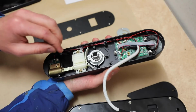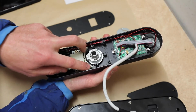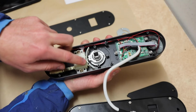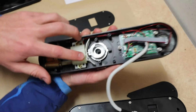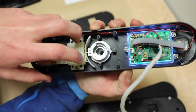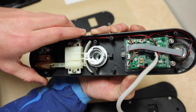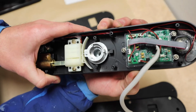So when it unlocks, it pushes this U-shaped plastic piece up, and I can actually manually move that in towards this mechanism. Now if we look closely, we'll see that that's actually pushing a pin into there. Let's unlock it again with my fingerprint. Unlocked, locked. So if I unlock it,